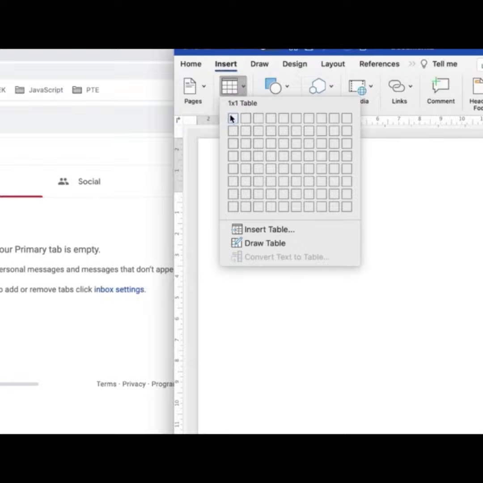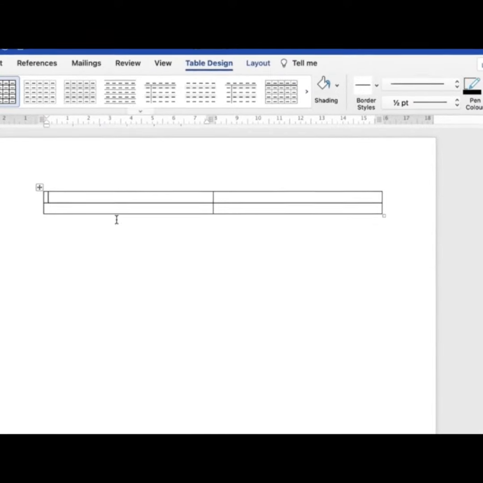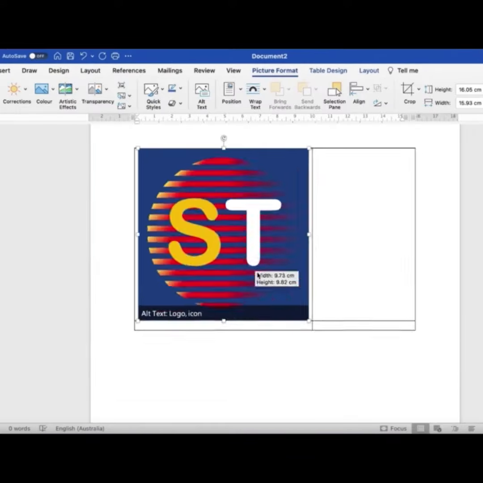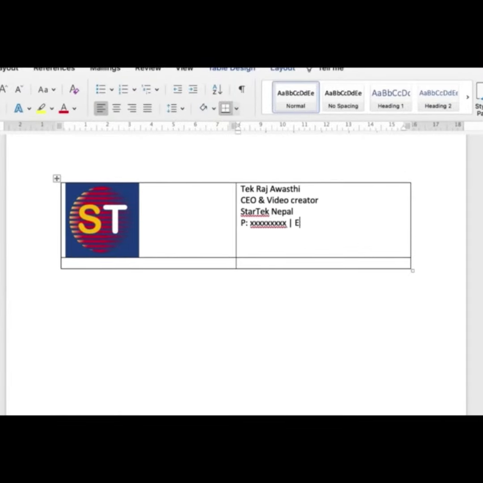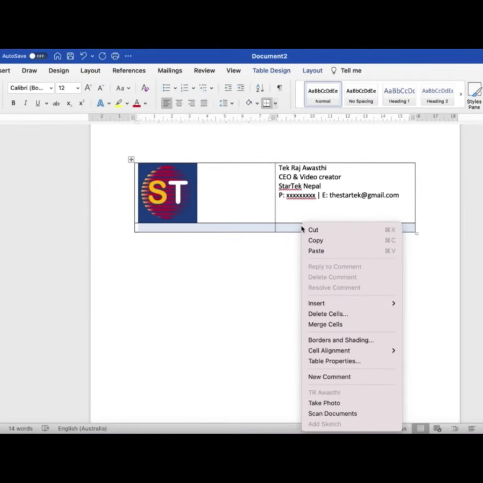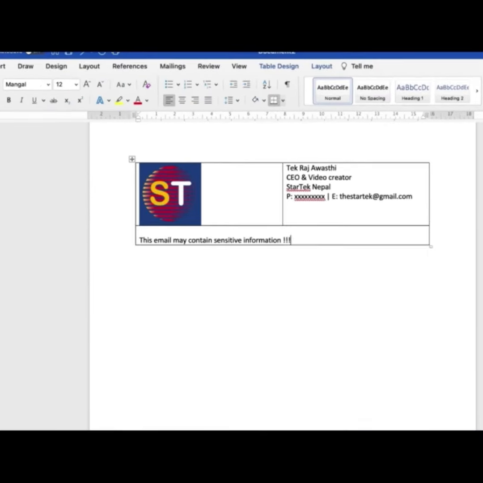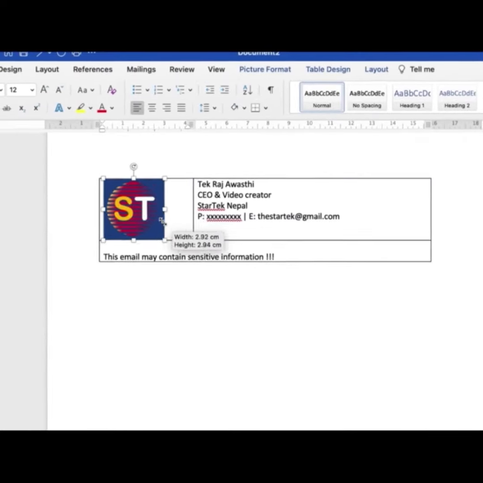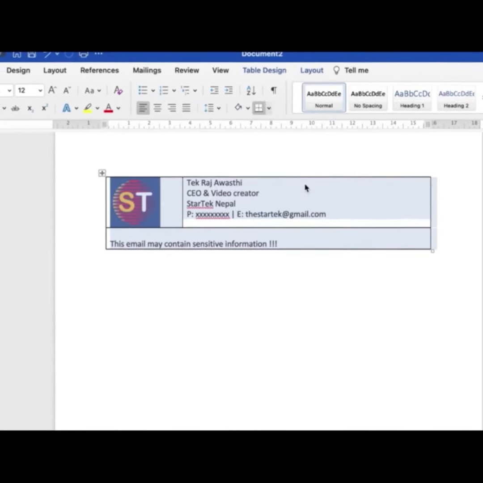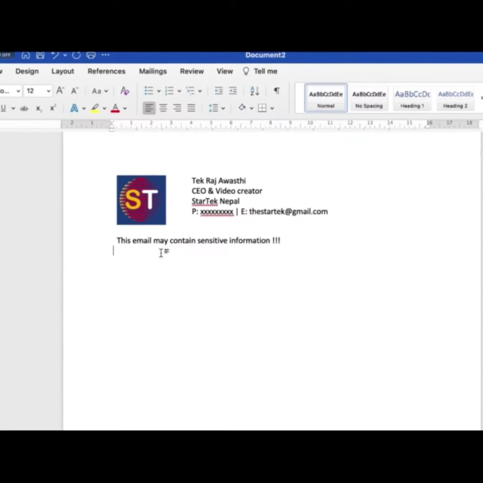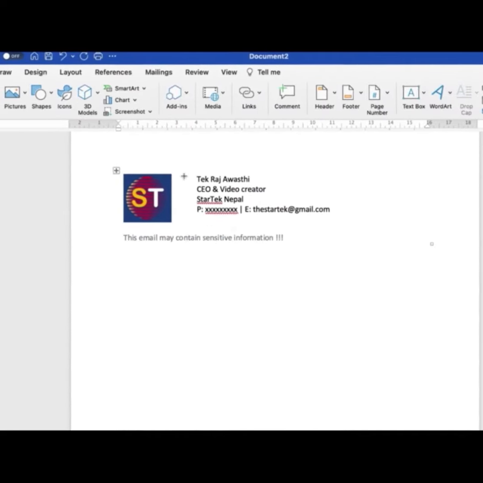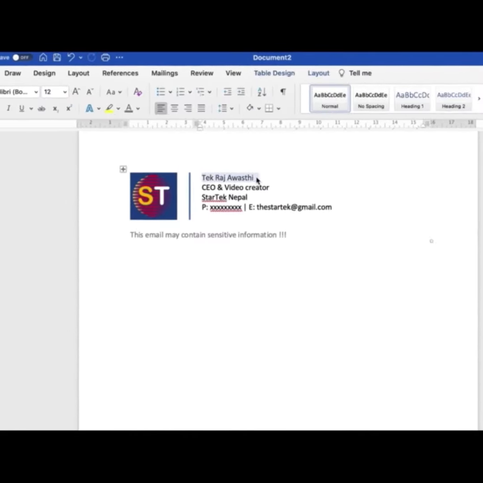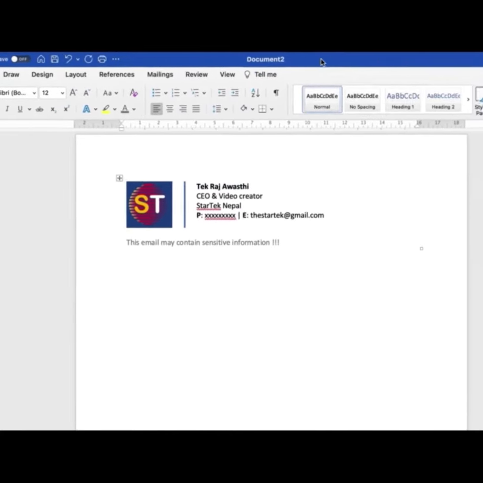Let's see. First of all, you have to go to Microsoft Word. Inside Microsoft Word, you have to create the signature. You have to create the format as you like to put that in Gmail. You can insert photos or any text or any other edits you can do here. So once you make the format, once you are ready and you are happy with the design, and now you